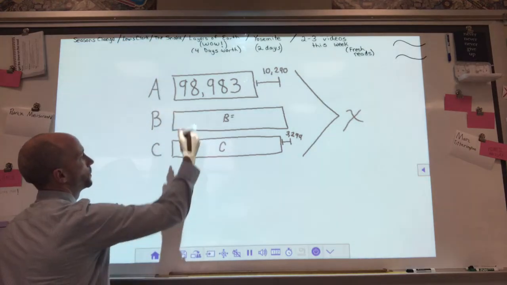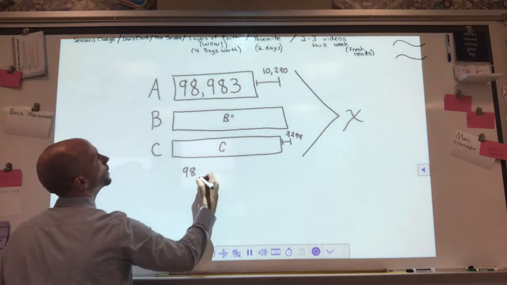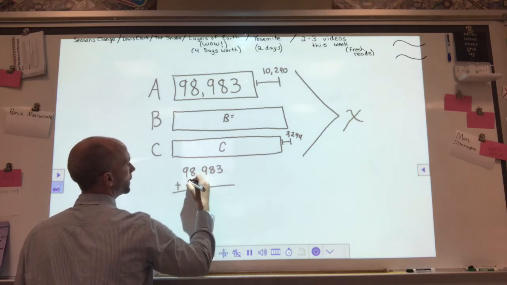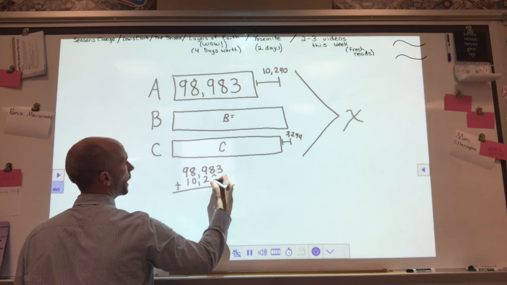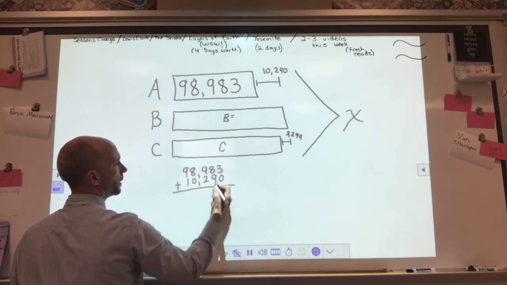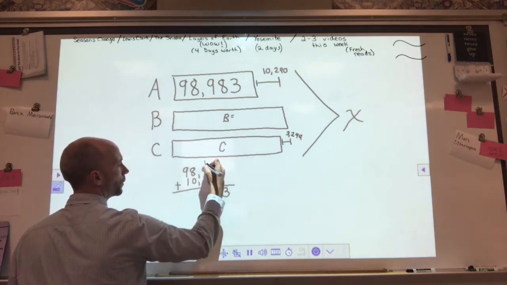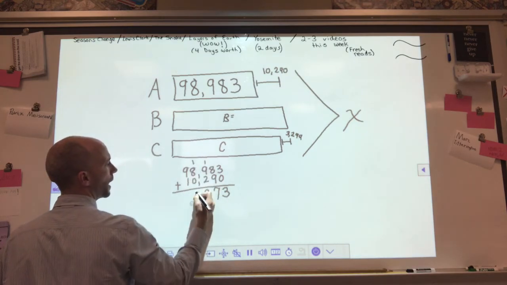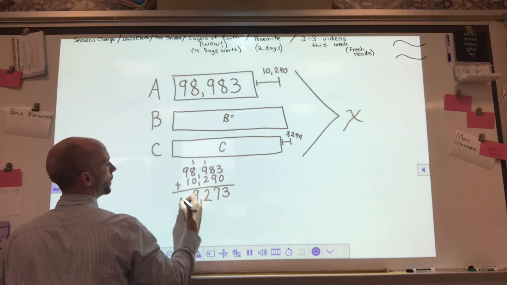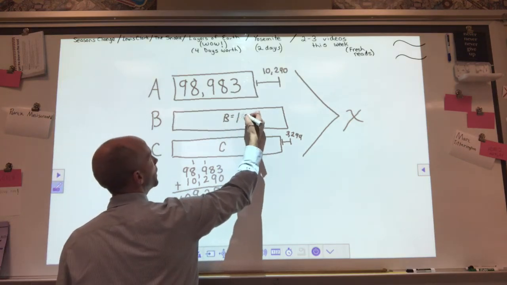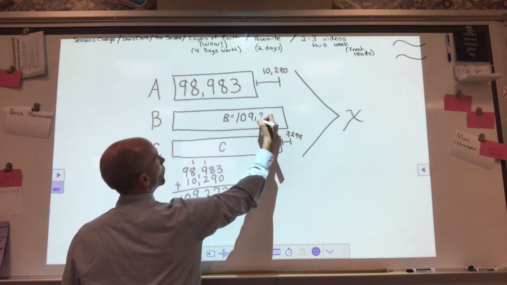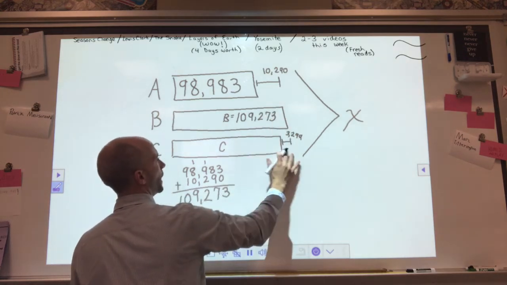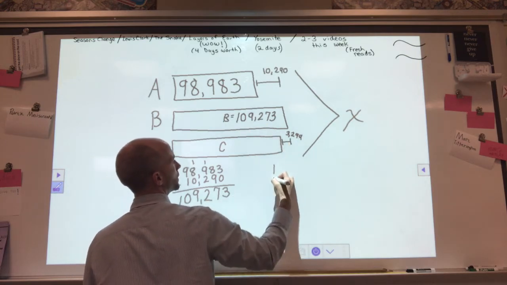So let's take our first part, 98,983, and then we're going to add 10,293. 9 and 8 is 17, carry the 1. 9 and 1 is 10, plus 2 is 12. 8 and 1 is 9, giving me 109,273. And now I go ahead and find my C by subtracting these two, because C is